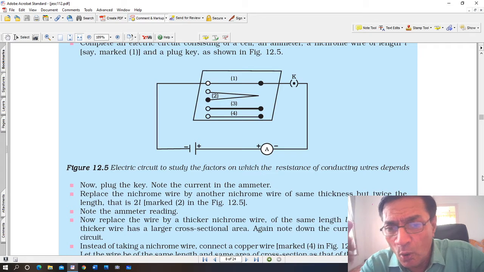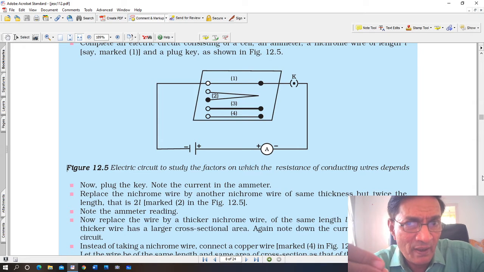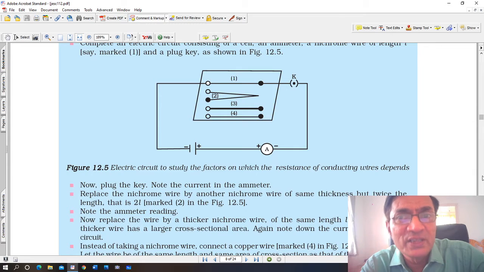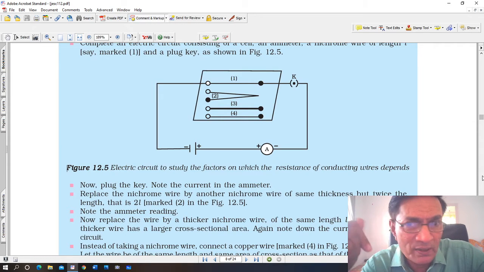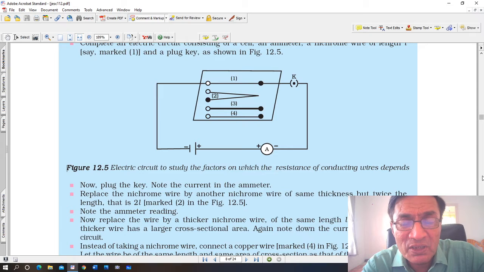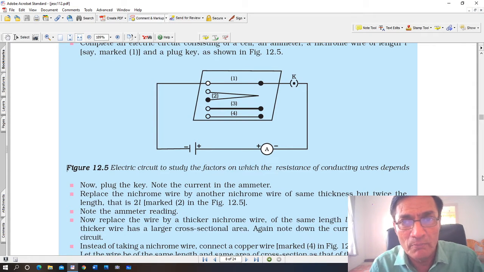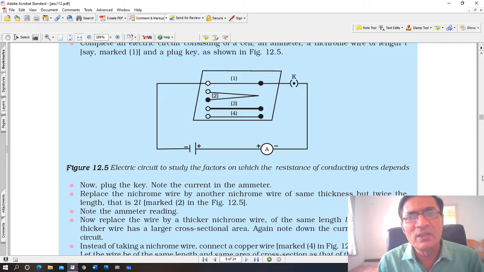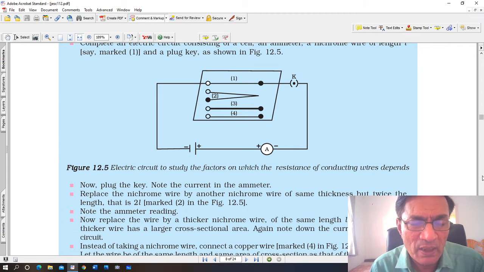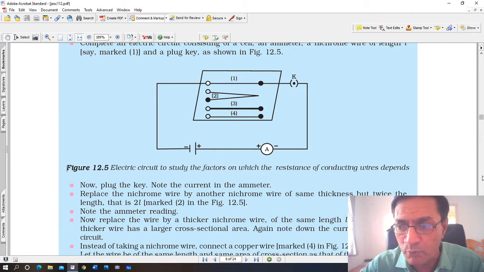resistance. Also, if you want to minimize the current flowing through a conductor, then you will increase the resistance. If you want to increase the current, then you will decrease the resistance. It's opposite, right? And how can you increase and decrease the resistance? By changing its length and its thickness. Here are 2 factors. Of course, there is a third factor also, temperature. But generally the temperature remains constant at room temperature, so the temperature factor is not so important, but these 2 are very important factors.